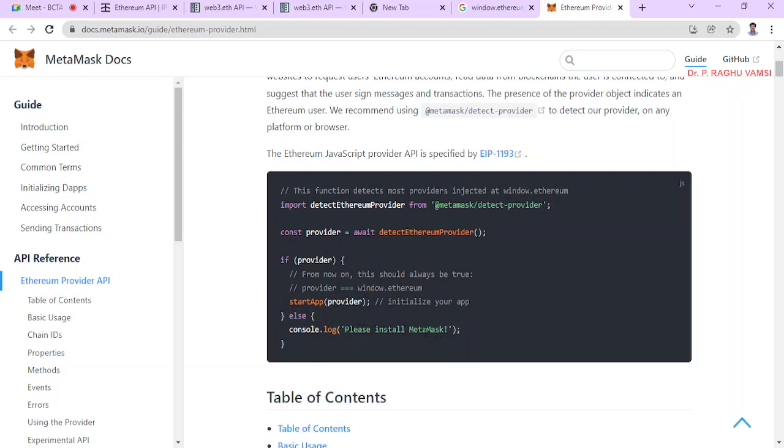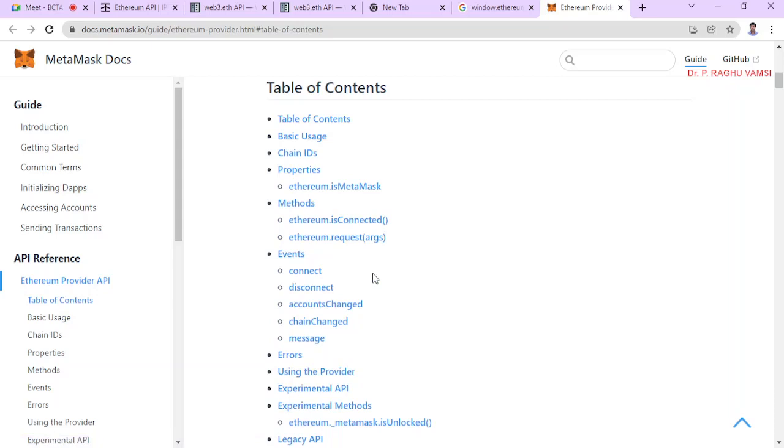So your web application will check whether the MetaMask is available or plugged in with the browser or not. If it is not there, then it will give you a log, or it may give you an alert to install the MetaMask. Otherwise, it will use the same provider, the MetaMask provider. And the rest of the things are common, like how we use Web3 in Node.js.